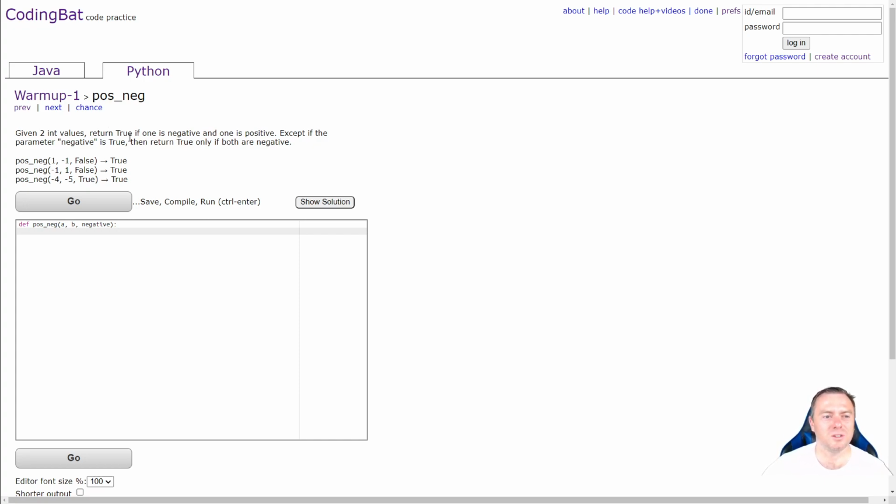So given 2 integers, return true if one is negative and one is positive, except if the parameter negative is true, then return true if both are positive. Wow, okay. Here we go. So we're going to be checking if it's less than 0. So let's think this through. If